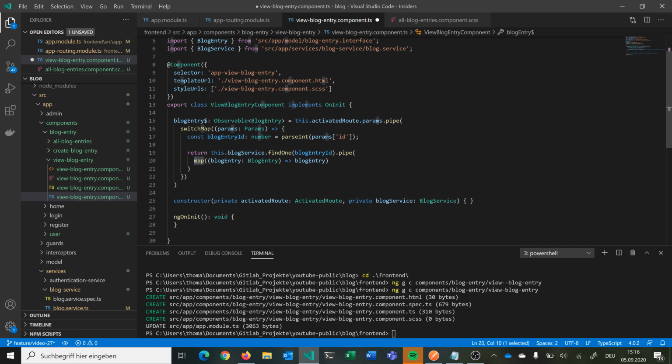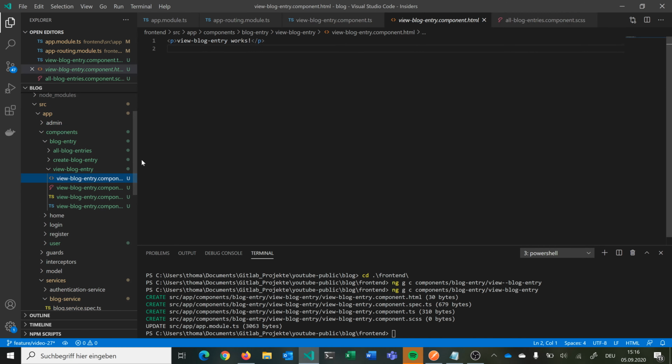And then map is not stopping the observable but returning a new one. So this here is the blogEntry observable that we say this is the type. And now to make it hot we need to subscribe to it, and we can just do it in our view because